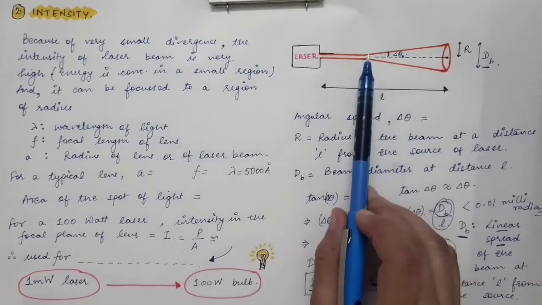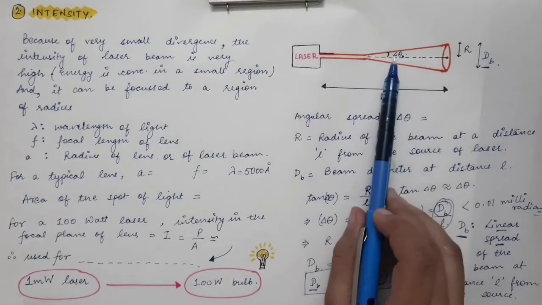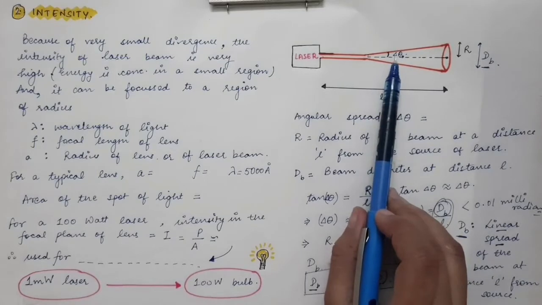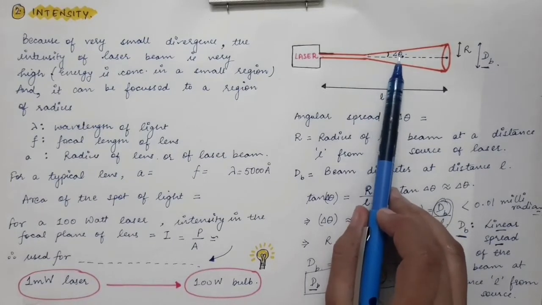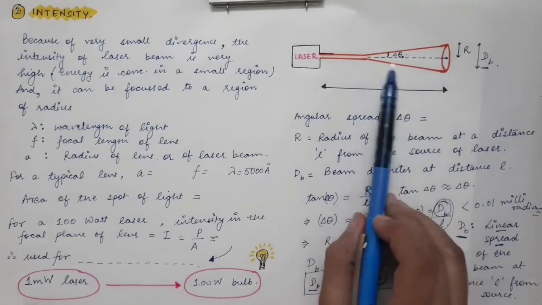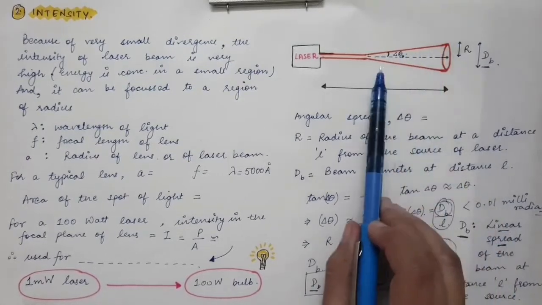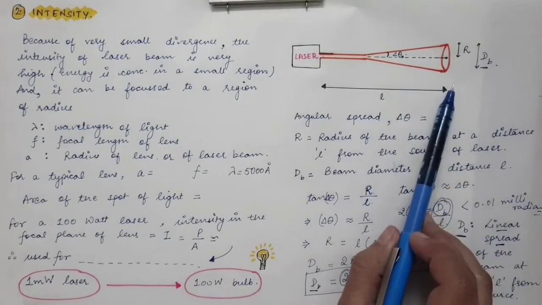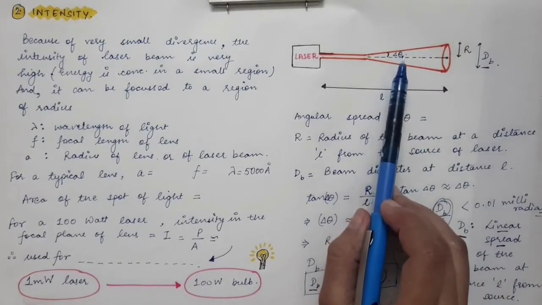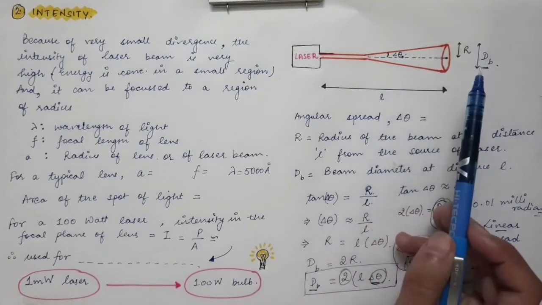So here the laser light is almost parallel. Over here this delta theta which I have shown, for clarity I have shown a bit large, but this delta theta is a very small angle in the case of laser. So these light rays which are shown to diverge are almost parallel to each other. This divergence is very small in the case of laser.